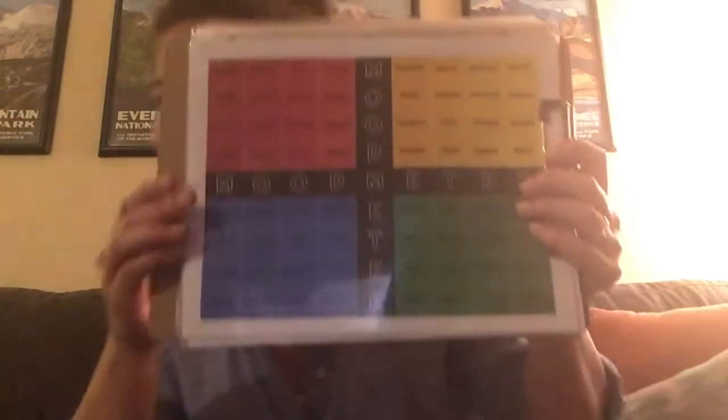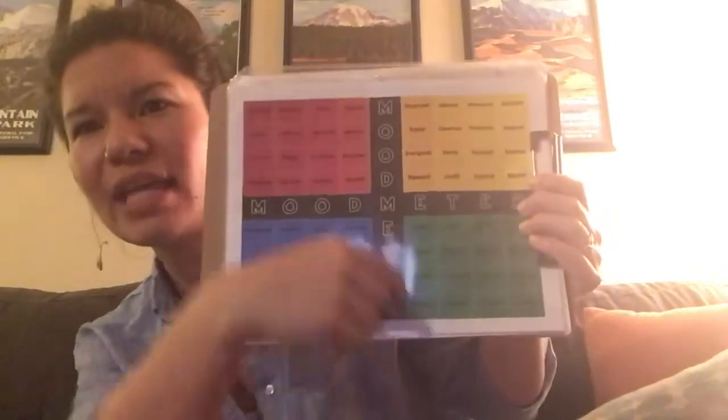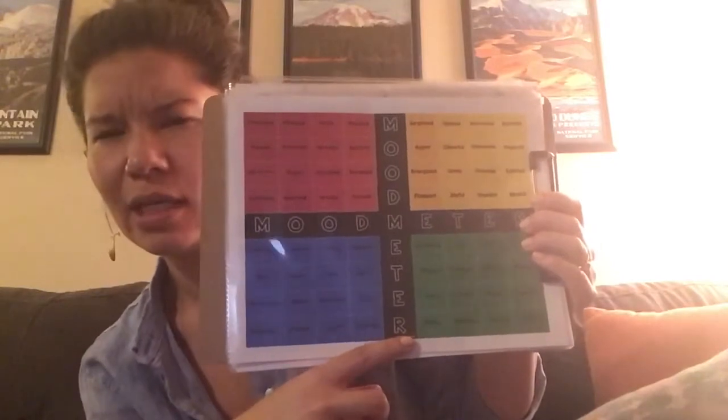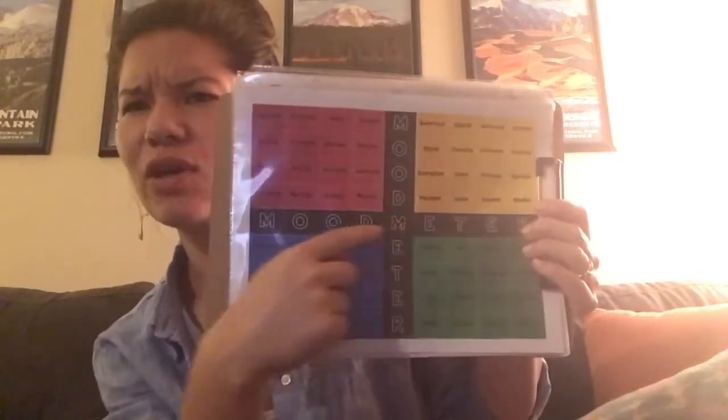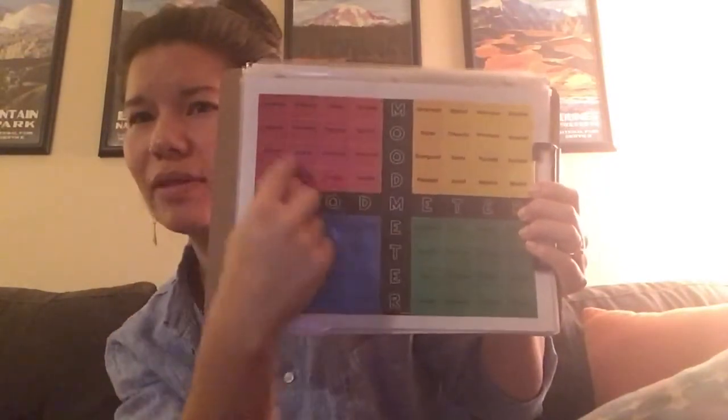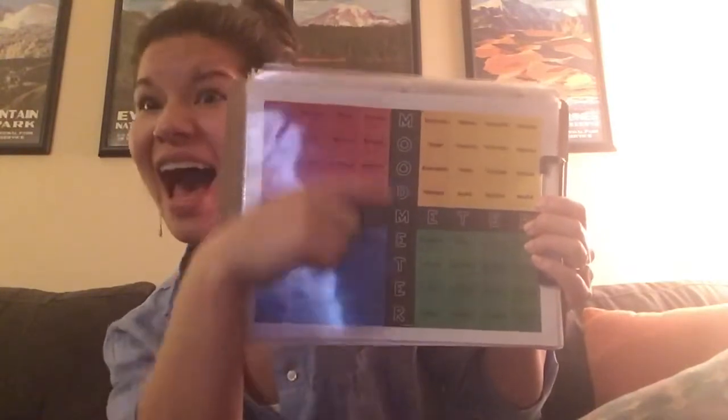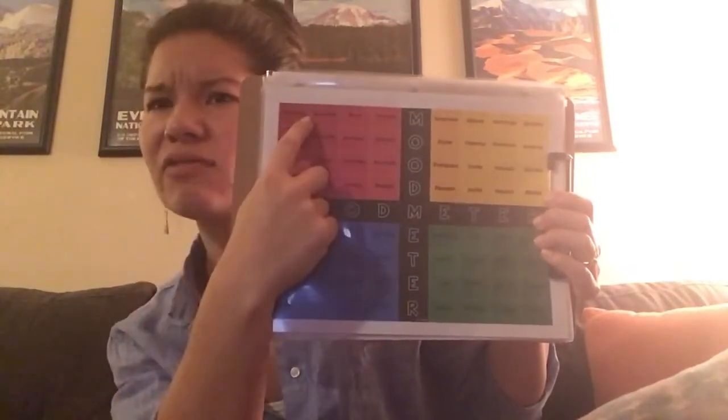And today, and all this week, we've been talking about the mood meter. We've learned a couple things. We've learned that if we go up and down, we go higher and lower in energy. We learned that if we go on this axis, we go from unpleasant or uncomfortable to pleasant or comfortable feelings. And yesterday, we talked about the blue feelings, the blue color. Today, we're going to talk about high energy and unpleasant. So we're going to talk about this red quadrant. It is high energy and it's unpleasant feelings.